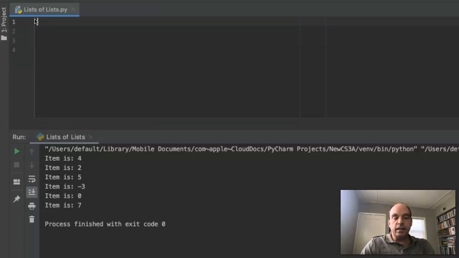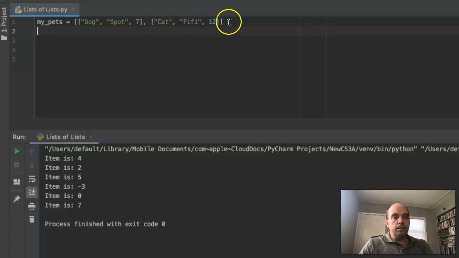We might have a data set of the pets in our home. And the inner lists may each have a type of animal, the animal's name, and the age. So notice that we could not represent this as a multidimensional array because the data type is inconsistent. But each row is still the same length, and the columns really represent something. The first column represents an animal type, the second column represents a name, and the third column represents the age. So it's very useful to organize data in this way. And we might say,